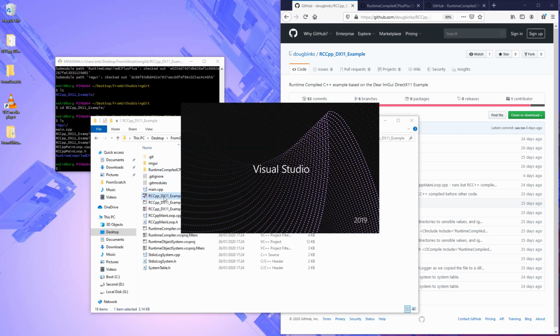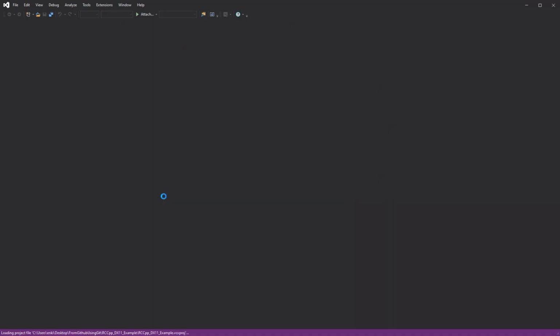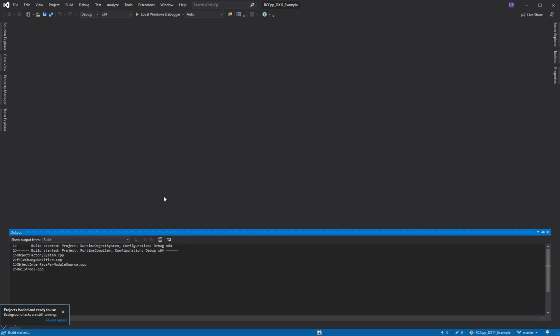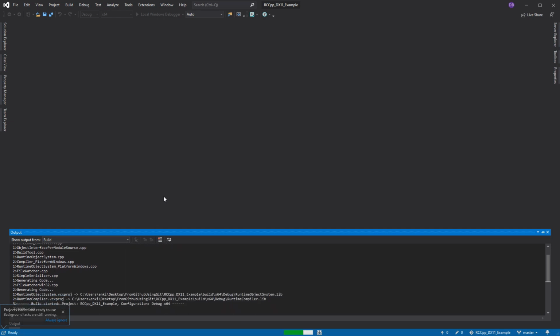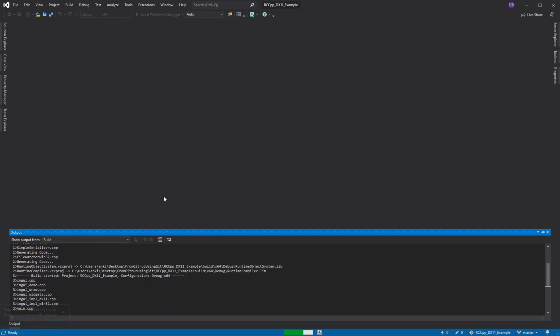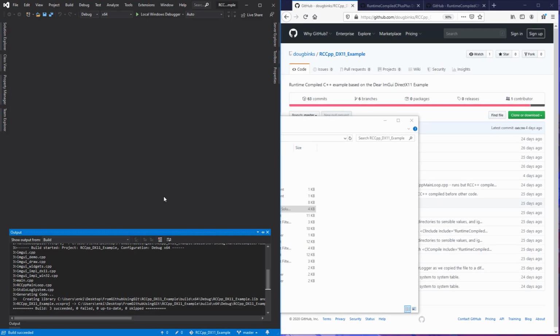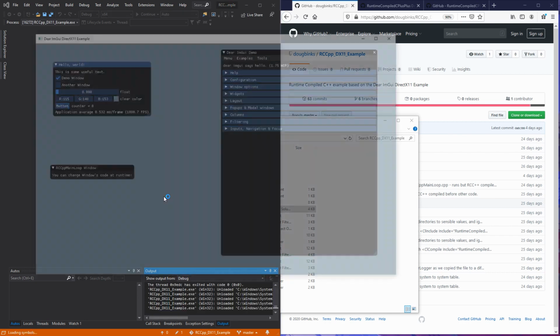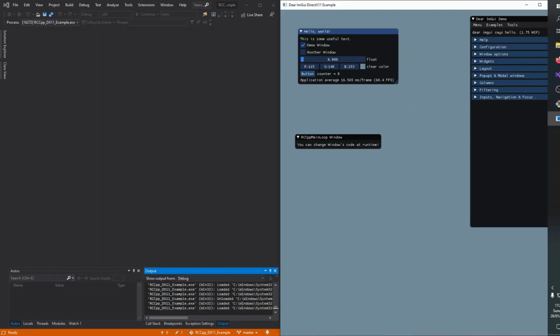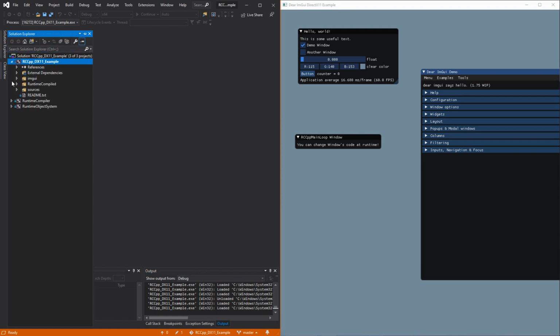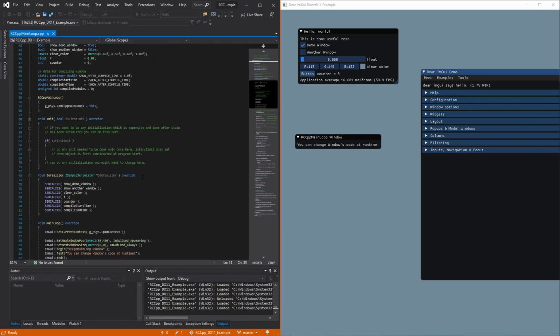So for example, let's open up the solution. This is a solution with the same name, obviously, because it's run from Git. If I press F7 for compile, that's how I'm set up, it'll go through and compile that. And I like to put this on one side and run. And using Windows right arrow, I can then put my window over to the right-hand side. And then I can go into the file, find the runtime compiled code, and then over here, I can pretty much do the same